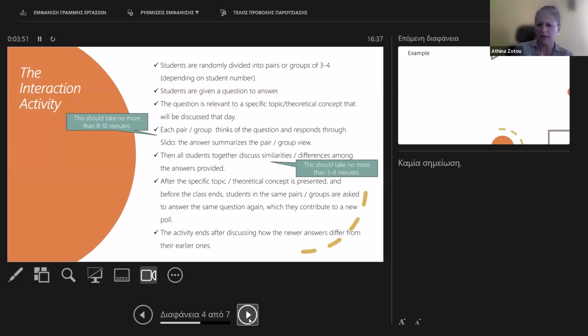I give them 8 to 10 minutes maximum to discuss the question, and then all students discuss the similarities or the differences among the answers provided. Each group writes their answers, so we all see the different responses in the Slido, and the discussion should take 5 to 8 minutes, no more than that, so that we can keep with the lecture